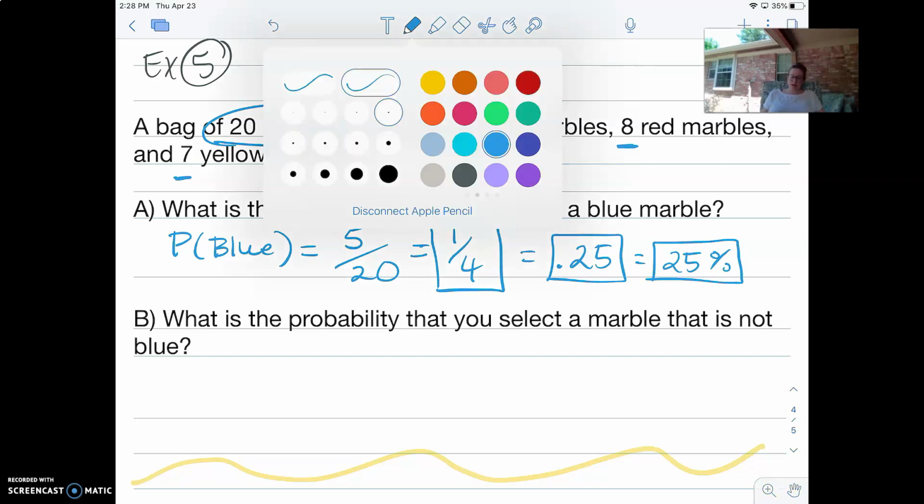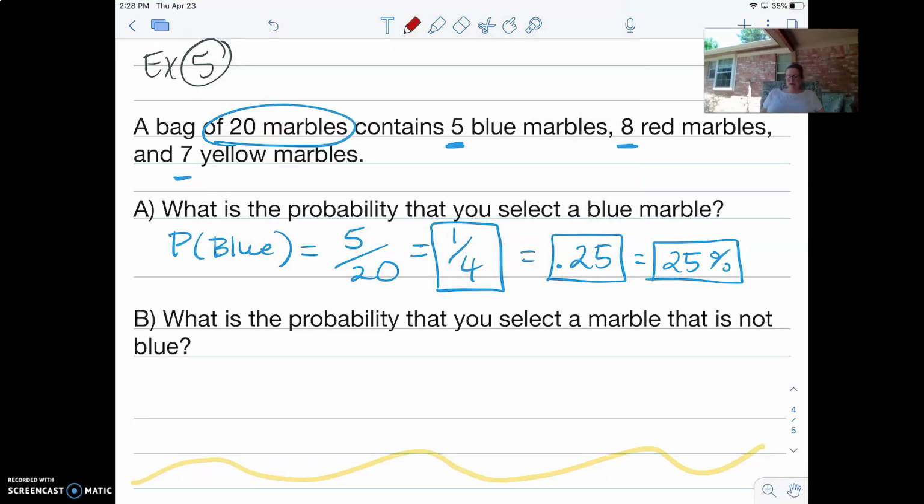Okay. Now, what is the probability that you select a marble that is not blue? It doesn't specify whether it's red or yellow, just that it can't be blue. So here's how I would write that. The probability of the not blue, so the little complement there. Okay, guys, there's a much easier way of doing this than counting. You can always count the number of red plus the number of yellows divided by 20. But using this complement, I know that